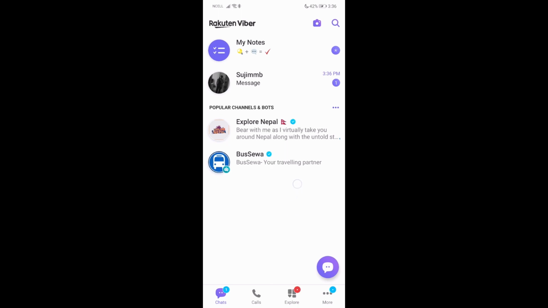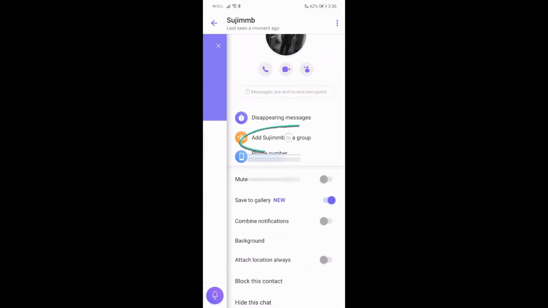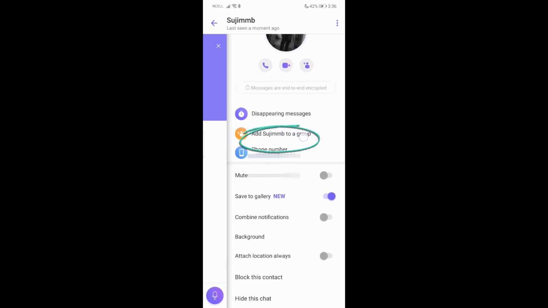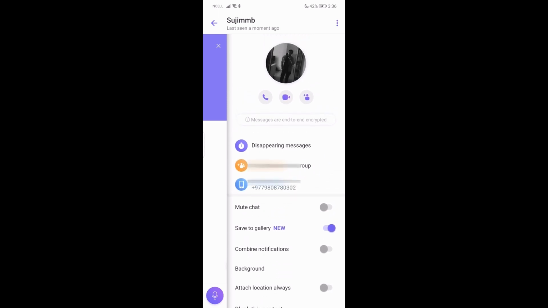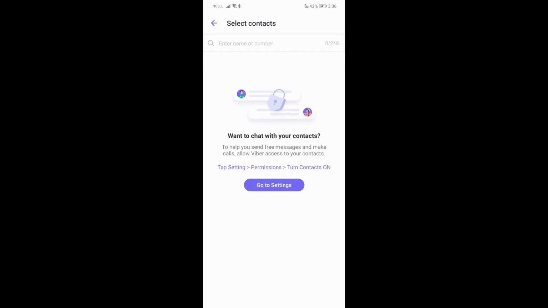So, firstly, what you need to do is just go to, or let's say select a person that you want to add to a group. So, I go with him and then go to the profile like this. And then over here you'll find this which says add to a group. Just go there and create a new group with him, and then